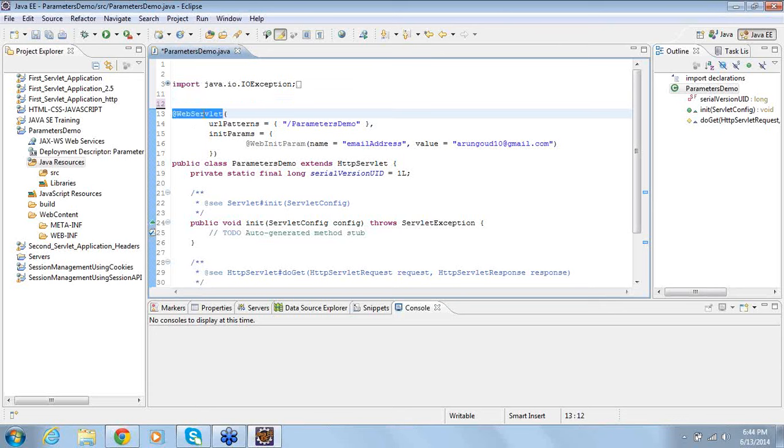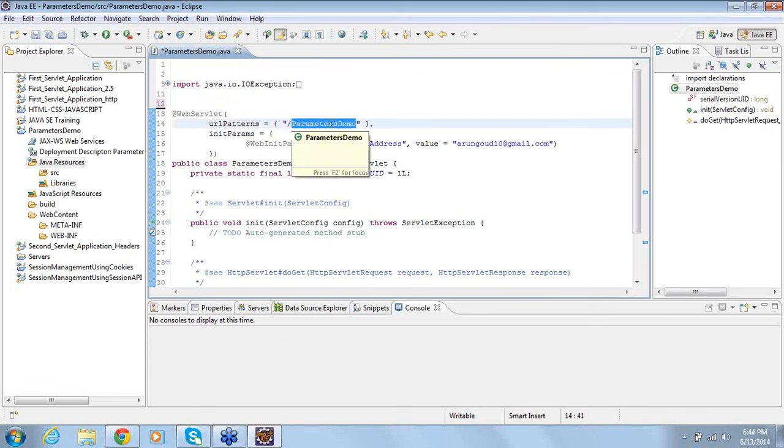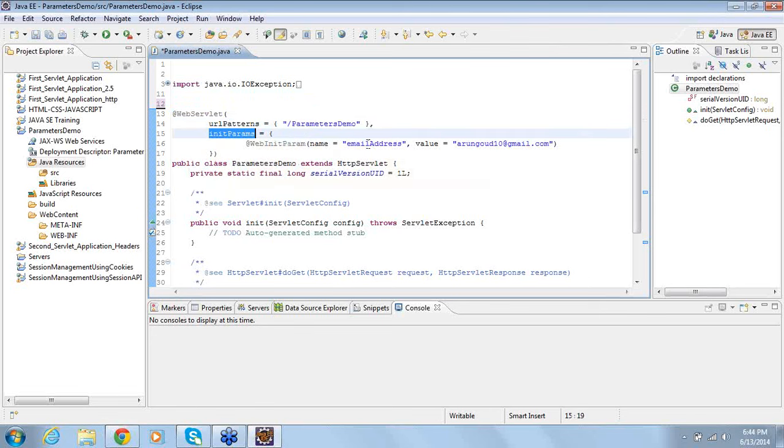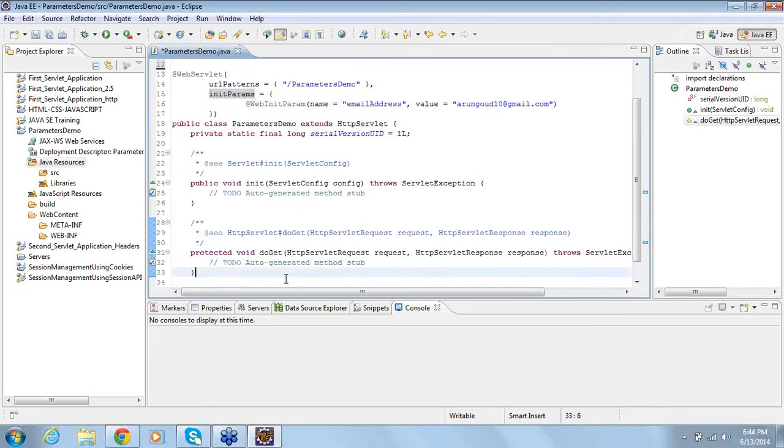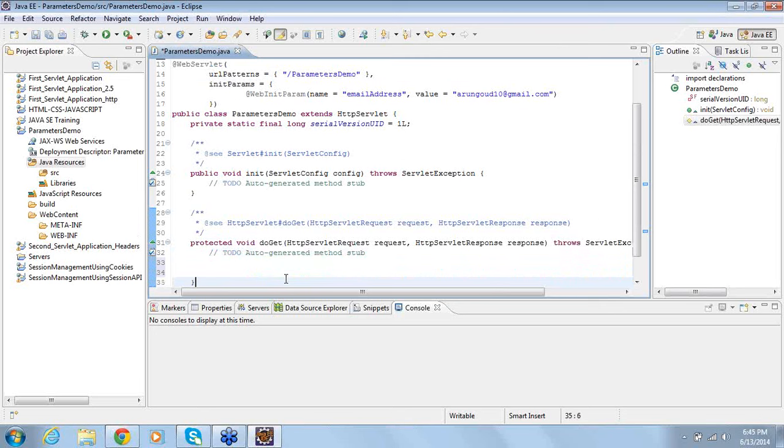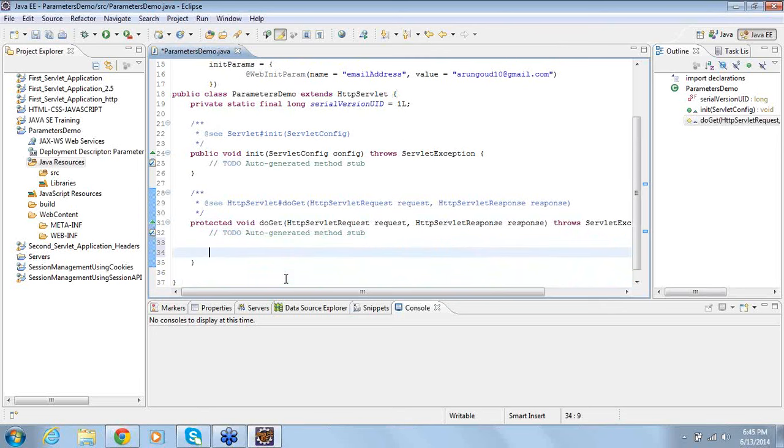WebServlet, the URL pattern, and init param. So what is the parameter name? Email address, and the value. Now how do we read these values? How do we read these values in the doGet method? So what happens is,